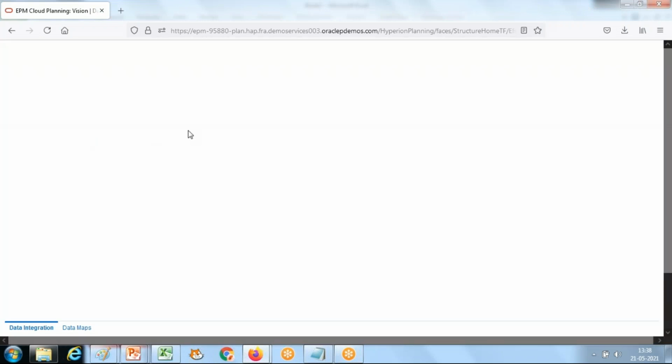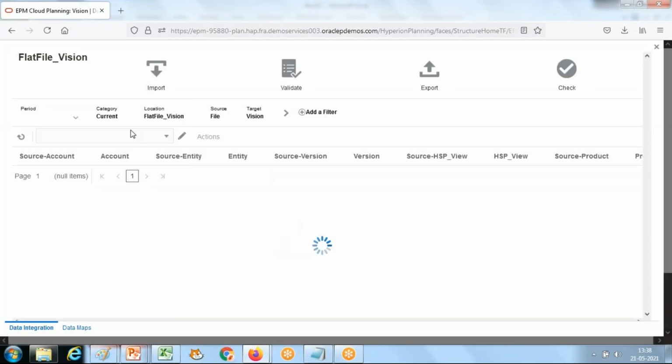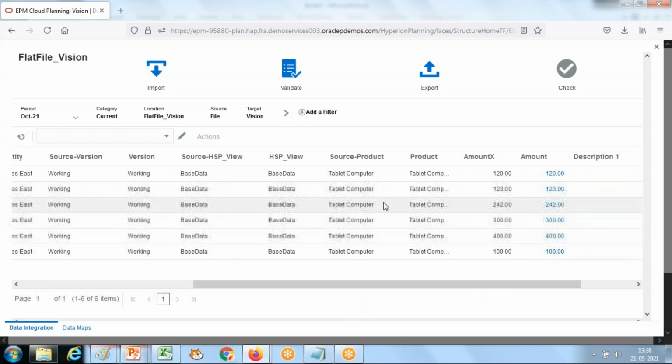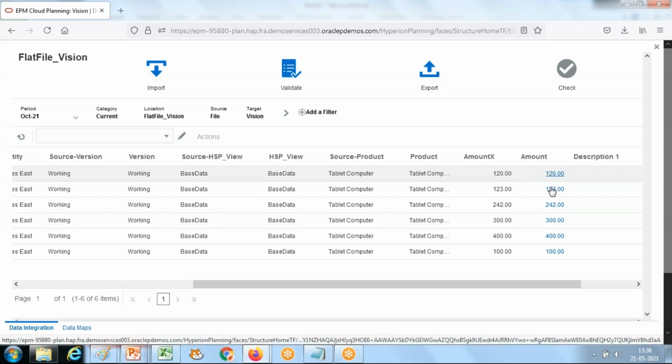There you can see a one-to-one mapping. See what comes from source, because we used wildcard character for account and entity, version we hard coded to working version. Base data I hard coded at my source, and product was star to star, and the amount.